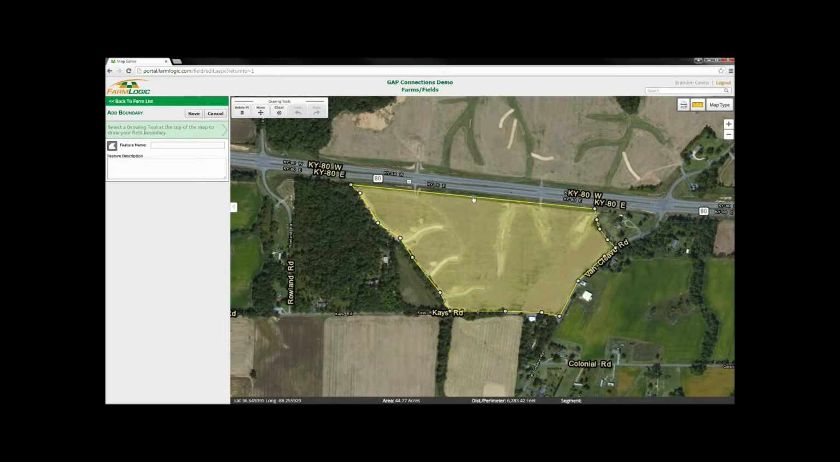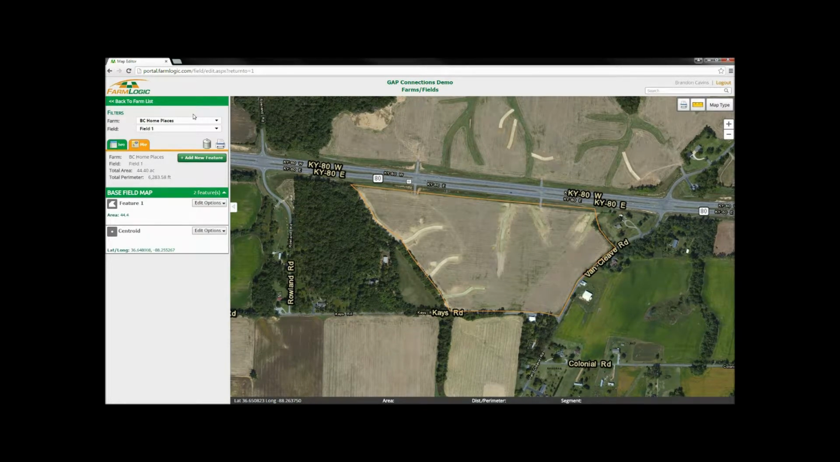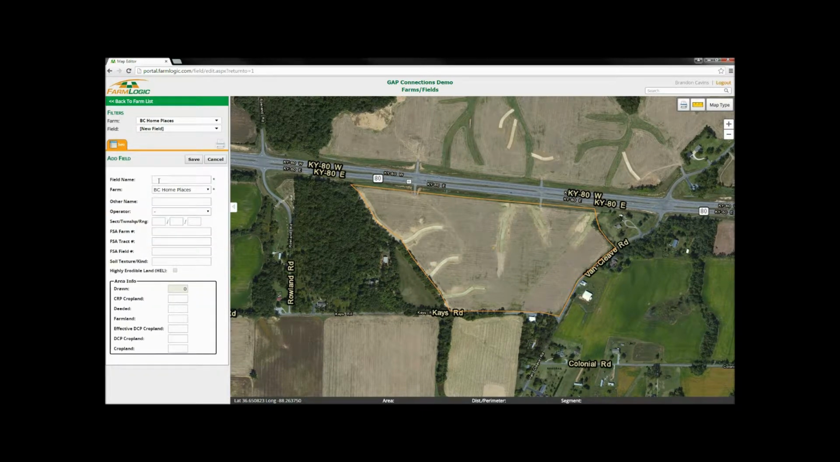Once you click on it, you can actually arrange the dots by moving them, by clicking and dragging those around to fine-tune your acreage. Once you get your acreage set, 44.4 acres, I know that to be correct. I go over here to the top left and I hit save, and that maps in my field. Now say I want to map in another field. I go back, go to field 2,